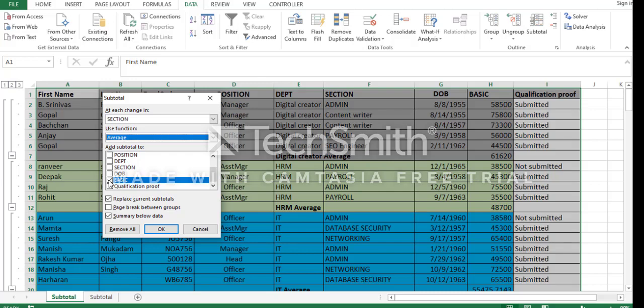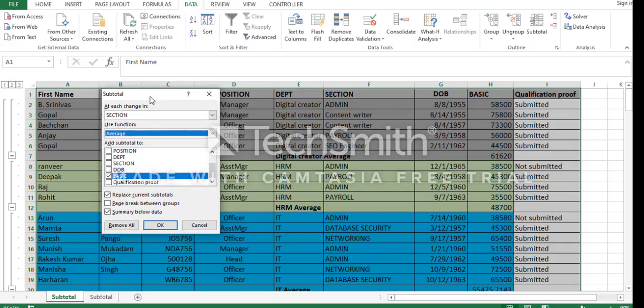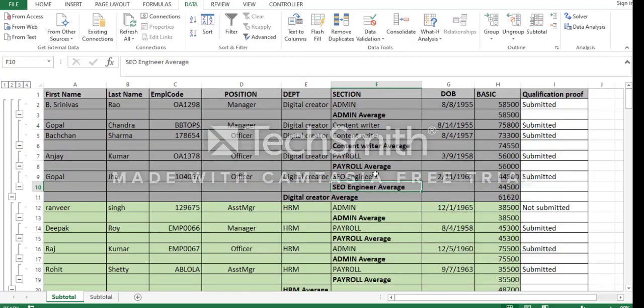Now the important thing to make sure over here is that you deselect this option. Why? Because if you select this option, the current subtotal which is already applied in your Excel workbook will be